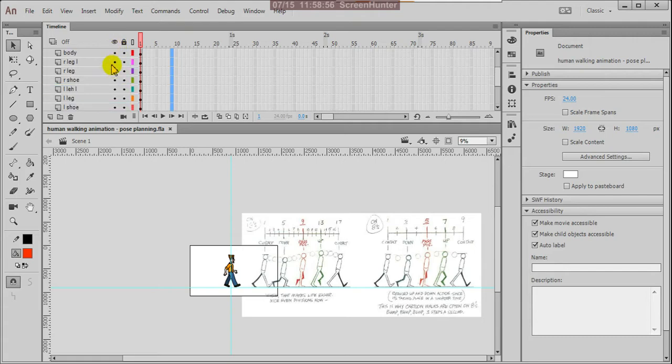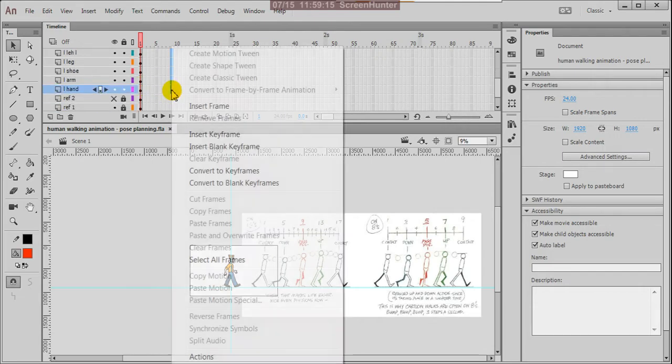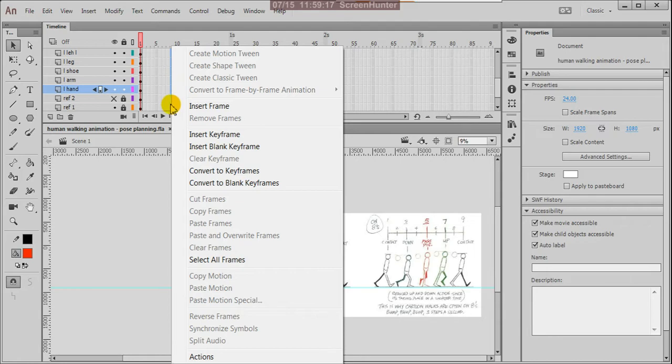So these are the frames: the eyes, head, body, R leg lower, R leg, R shoe, L leg lower, L leg, L shoe, L arm, L hand. These are the reference images. So here what you do, right click and insert a keyframe.